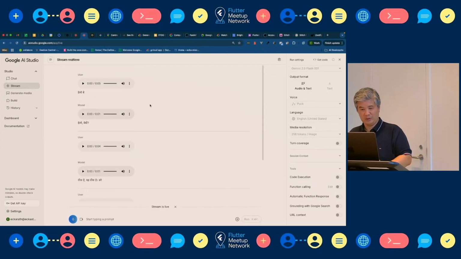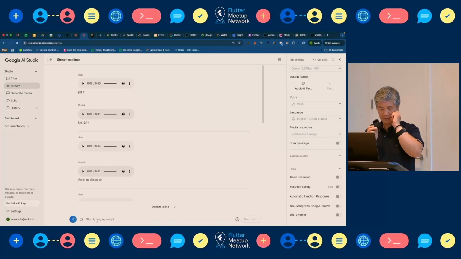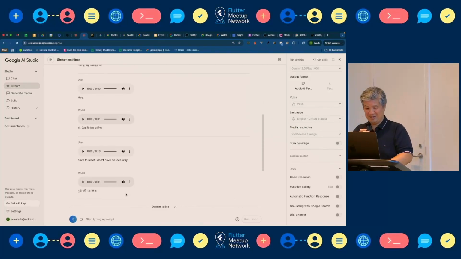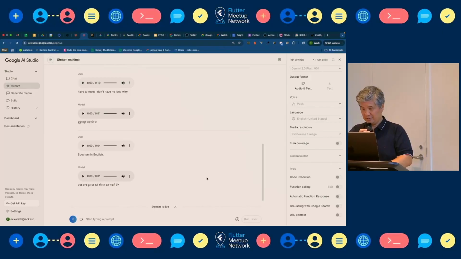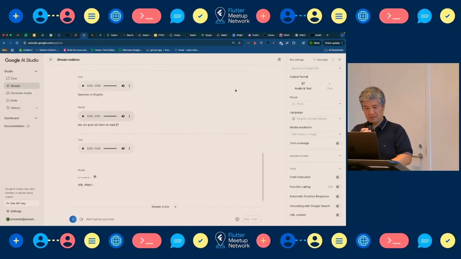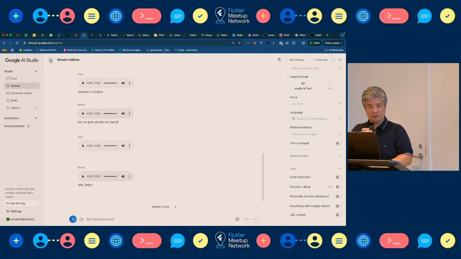I have to reset. I have no idea why it's talking Hindi to me. I don't even know how to set up the language. So this happens sometimes. Speak to me in English, please.